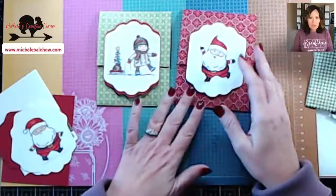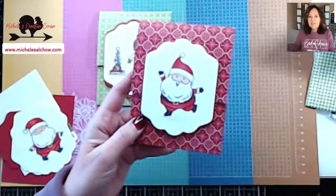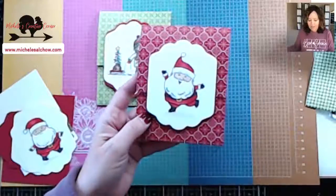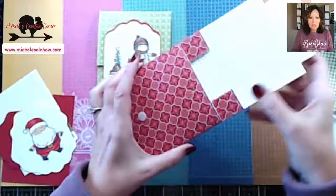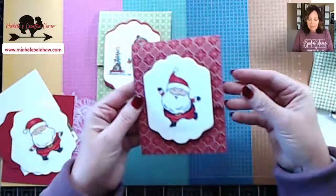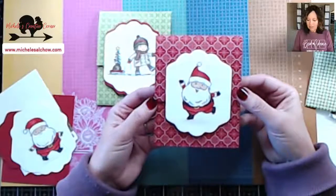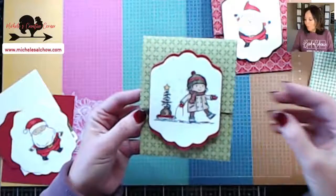So these are two that I've already completed. One with the little Santa. This is from the Be Jolly stamp set, and I gave him a little Velcro closure, although you could certainly use a dimensional or a piece of ribbon. You have lots of choices in how you close it, but I just loved that. Then this sweet little